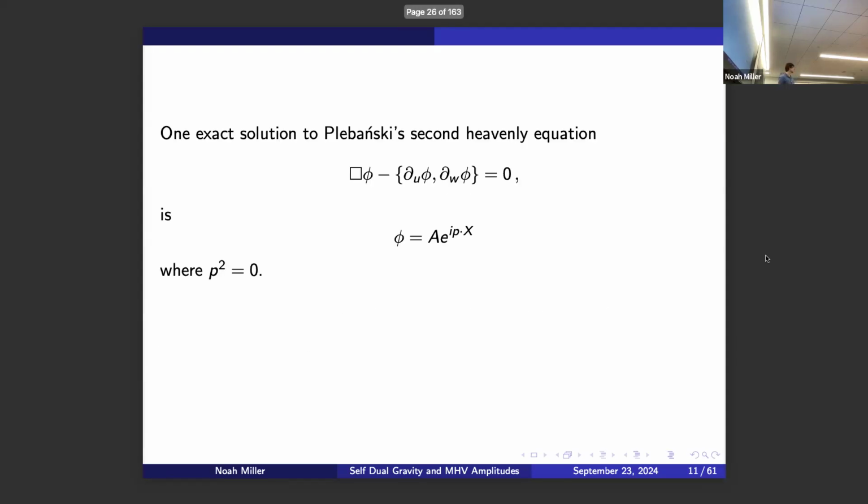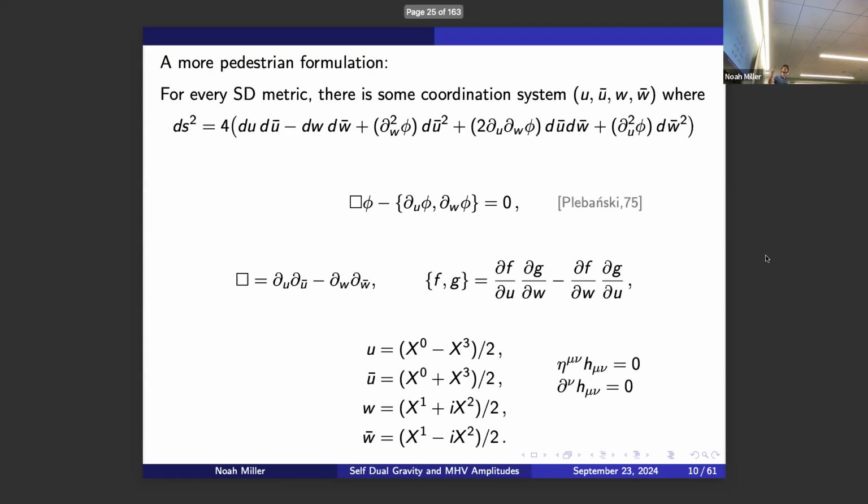Sorry, so any subgroup of metric is... Yeah, there's always some coordinate system in which you can locally write any self-dual metric like this. It's sort of like a Kähler manifold, so that's another way you could write it, with a Kähler scalar. This is local. I don't know if I have any particular results to tell you about globally. But locally,